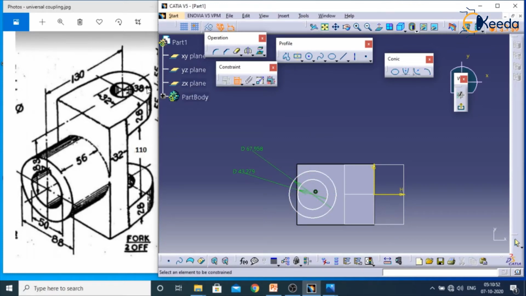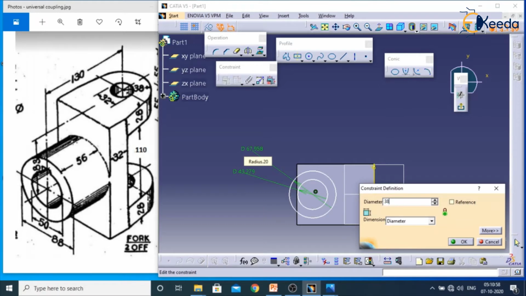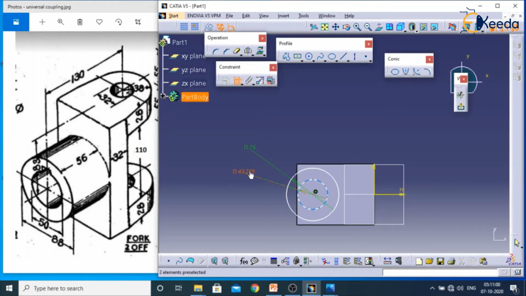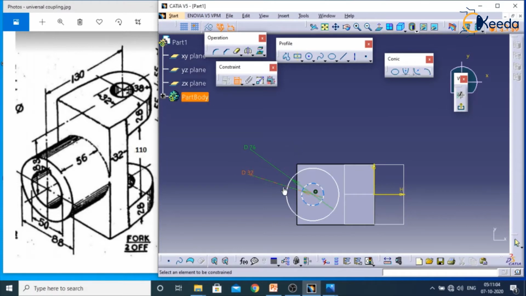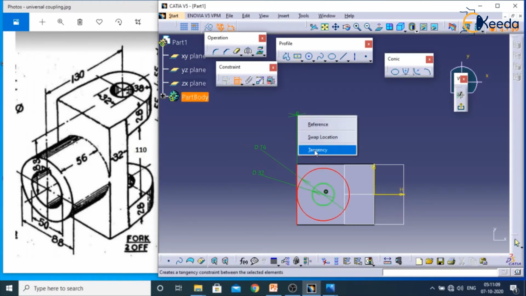So external one is 38 radius and internal one is 32 diameter. 38 into 2 and this is 32, and this edge we have to click and this right click tangency.